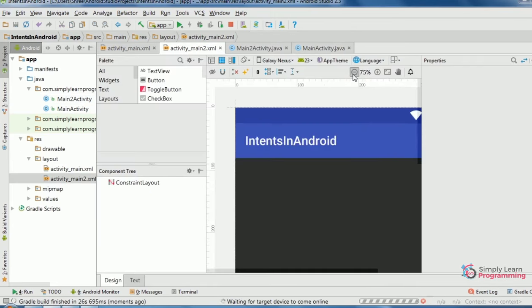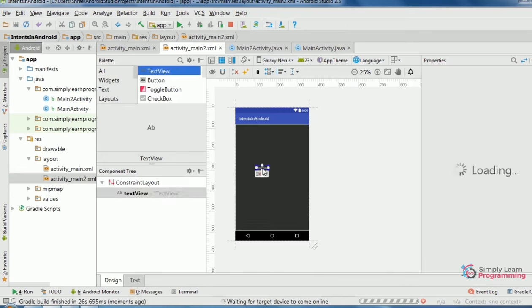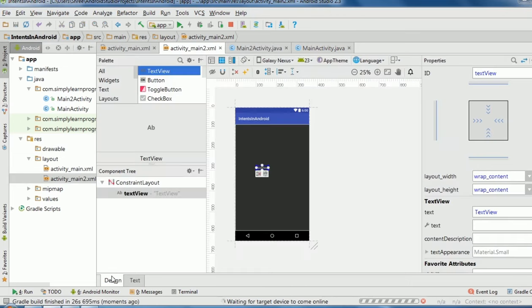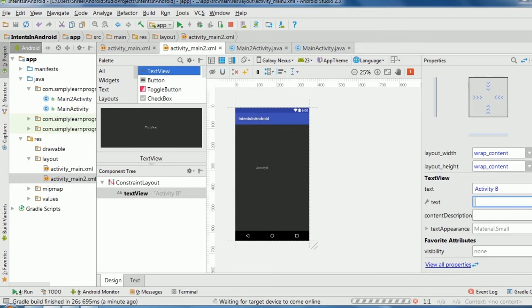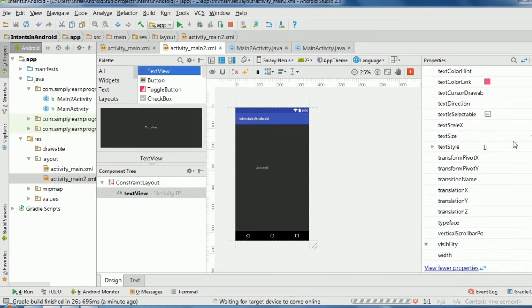Now in main activity 2 we will add a text view, then set its text property, and add the text Activity B. Then change its text size.